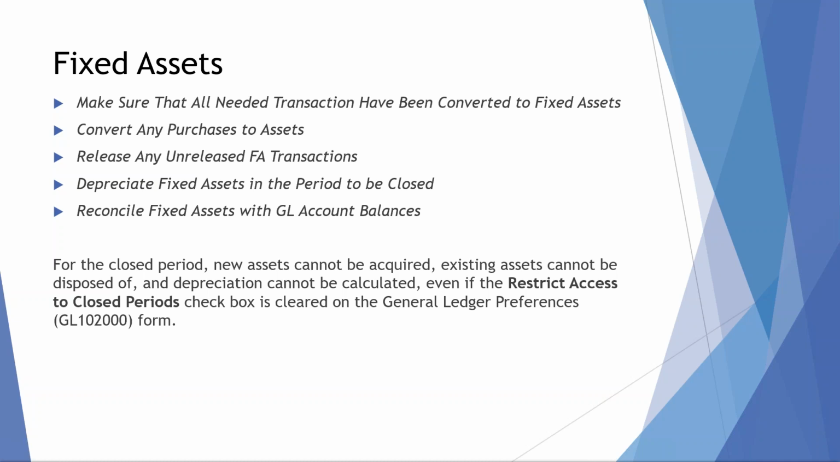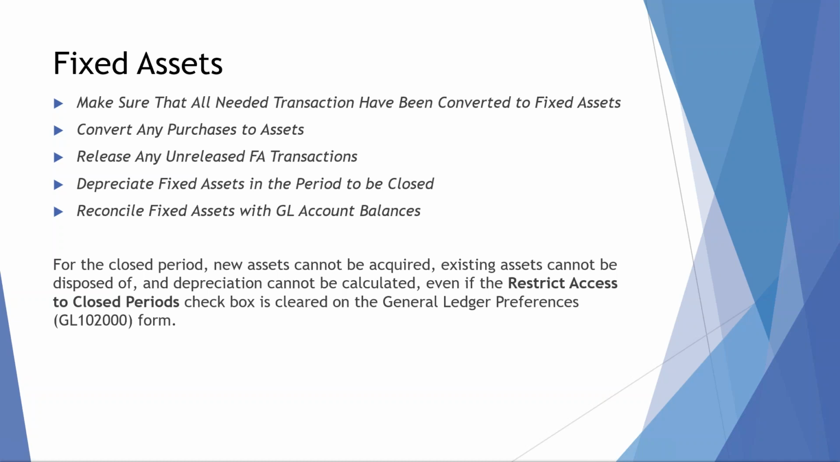Now, as you notice, the only thing I've been processing is actually just closing the month out. So it's, again, no different than your month end. Fixed assets, same thing. You want to go through, make sure you've converted all your assets from purchasing transactions to an actual fixed asset, released any transactions that you may have, depreciate, do your final depreciation for the year, reconcile it back to your GL account, make sure your cost accounts are balanced,